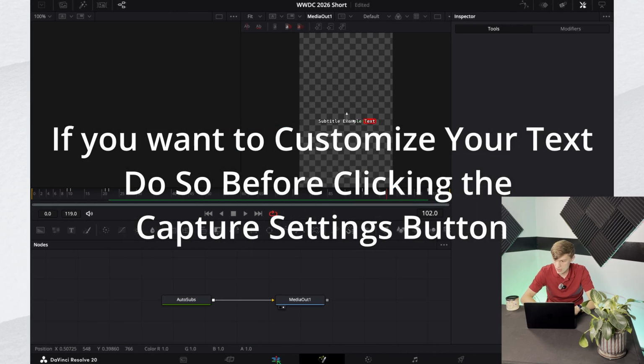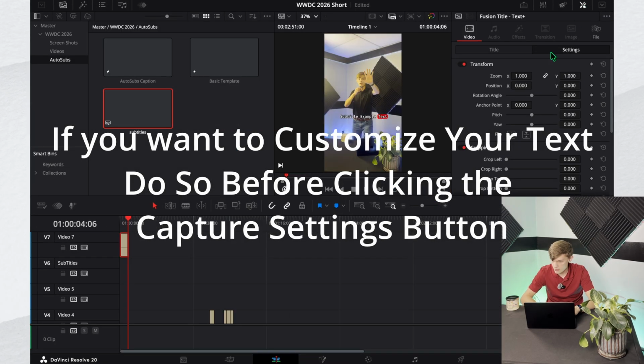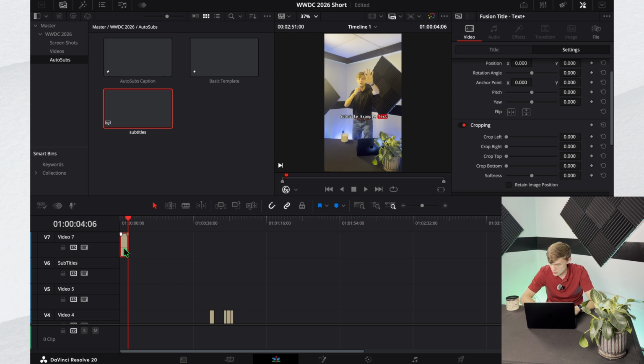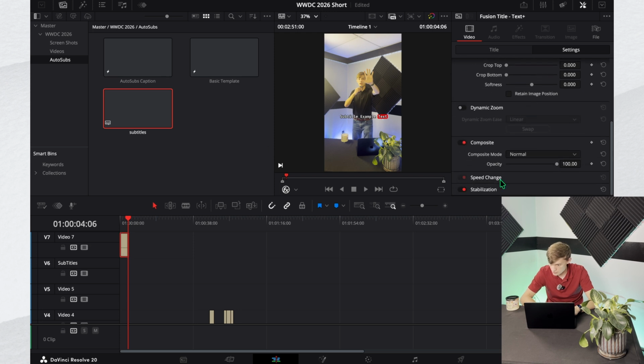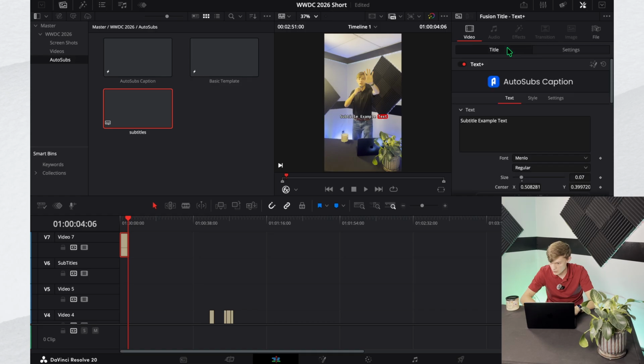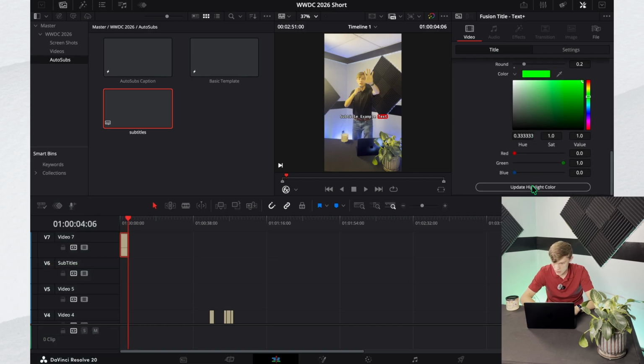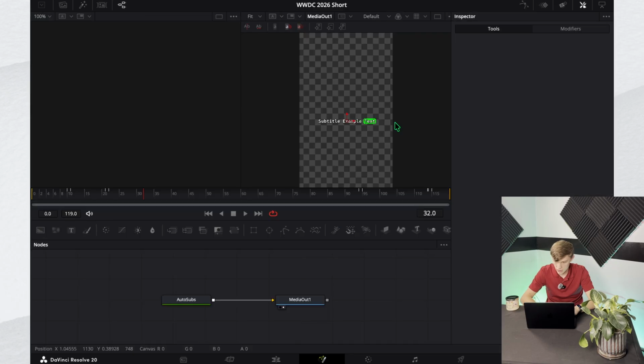You can also, in the edit and then the inspector tab, you can also do different stuff with the text. For example, changing the color. You have to be in the title section. So this was the settings. You need to be in the title section, and then you can change the color to whatever you want. Let's say you want it to be green, and then just hit update, and you'll see that the highlight will get updated. And make sure this is dragged up, and then you'll go back to your AutoSubs app